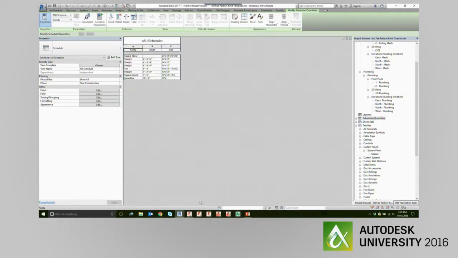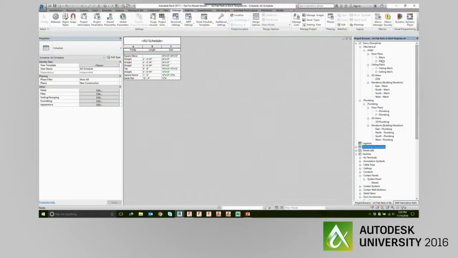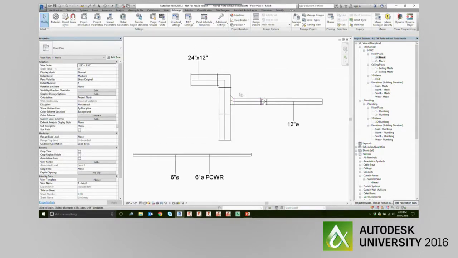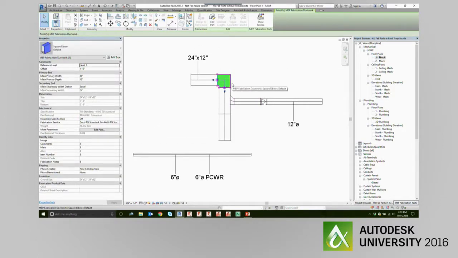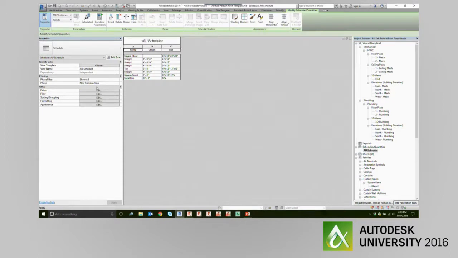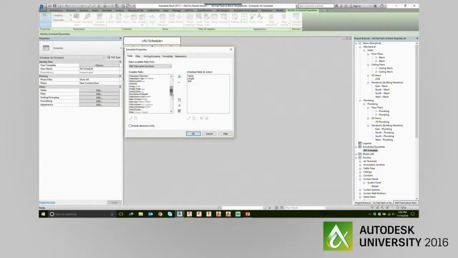Now, talk about kind of that little trick. Again, it's probably not a huge secret, but what I will do is on this elbow, for example, every field in the properties that I could fill out, I filled out with a unique identifier. In this case, I just used 2, 3, 4, 5, 6, just so that each of these fields is going to display just a different bit of information, so that when I go into my schedule and edit, I can just grab everything,